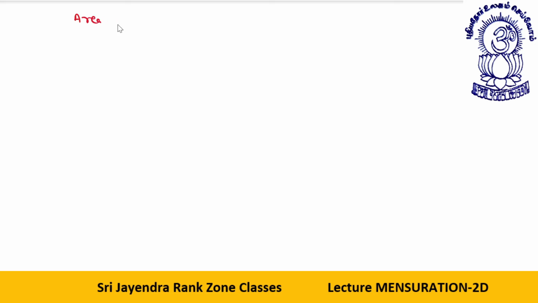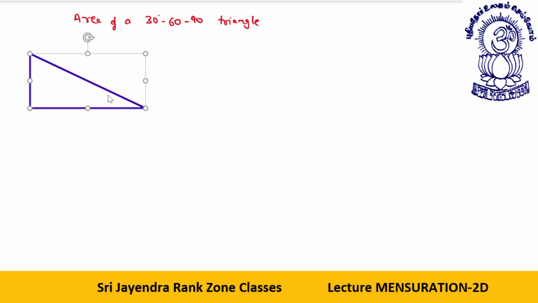Now we will take a direct result for area of a 30, 60, 90 degree triangle. How will we take this area? Look, I draw a triangle. This angle is 30 degree. Very easy. You just need to note the side opposite to this. This is x. If this side is x, what will be the area? The moment I see this side as x, my area will be 1 by 2 root 3 x square, or I can say root 3 by 2 x square.